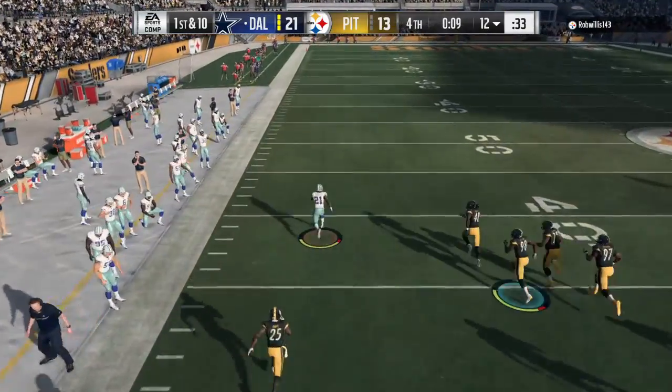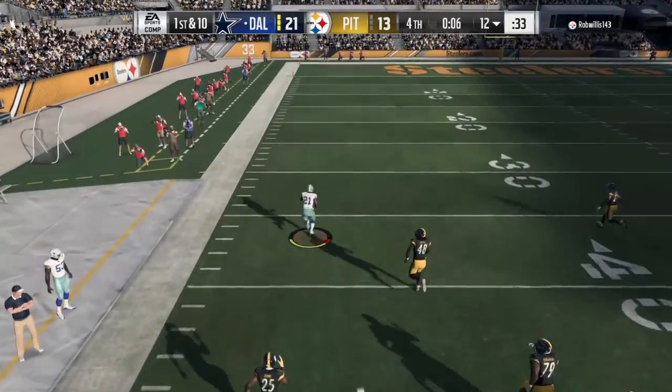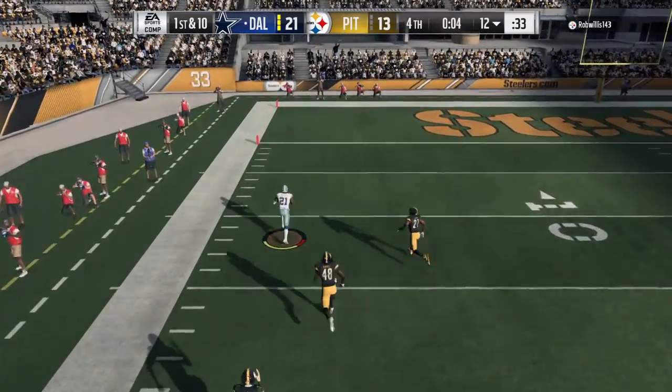And some space here. Ezekiel Elliott going to take it to